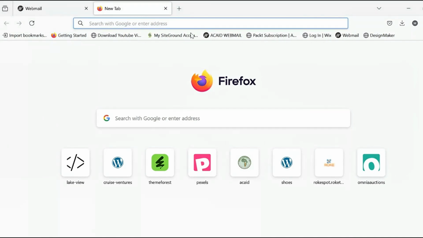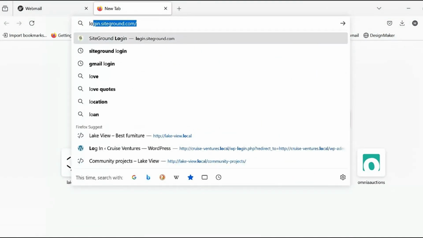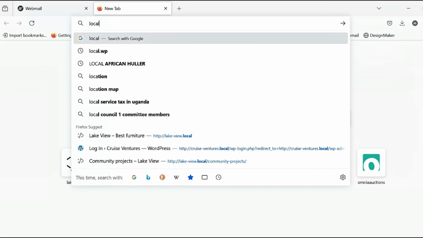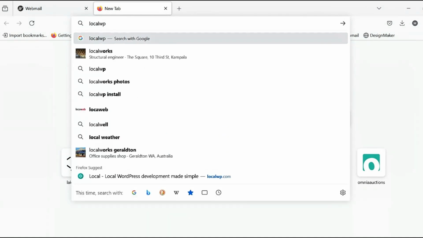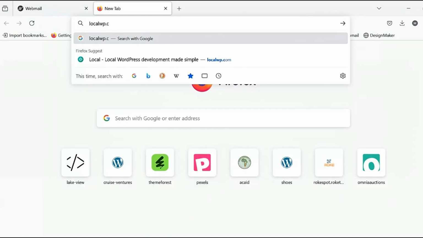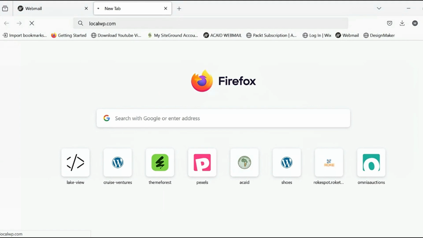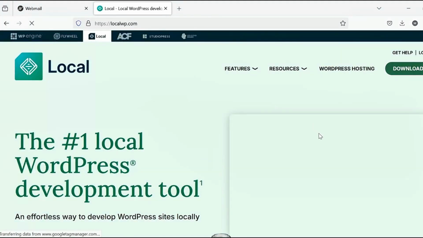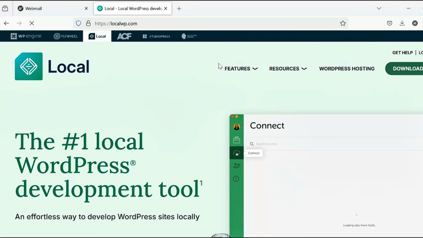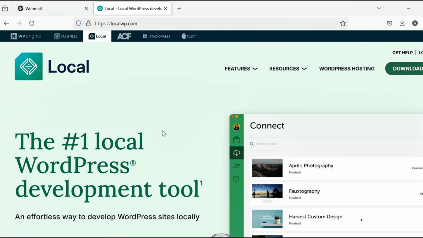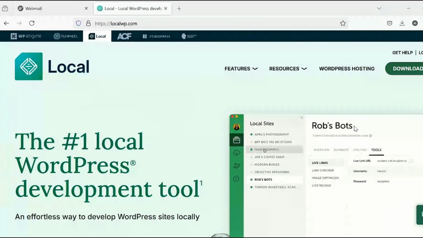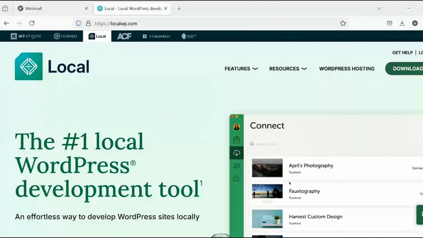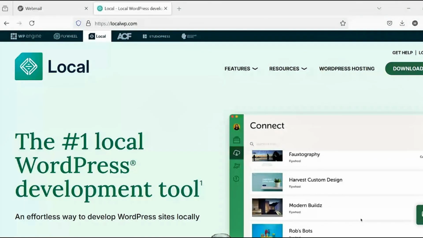I'm using Mozilla, so it's localwp.com. I hope we can all see this. Again, where you download this software is localwp.com.